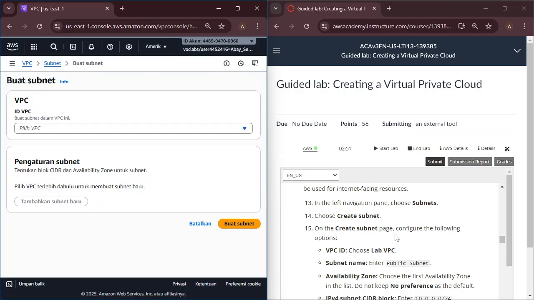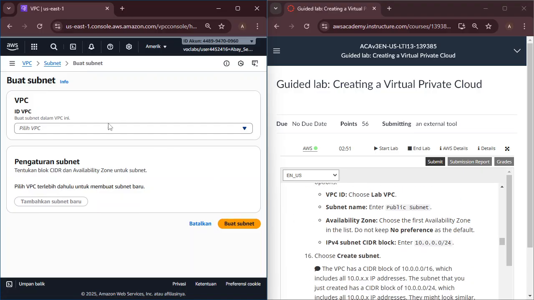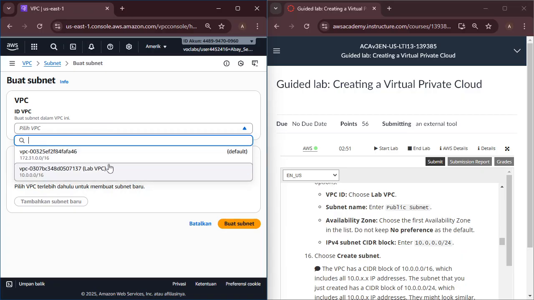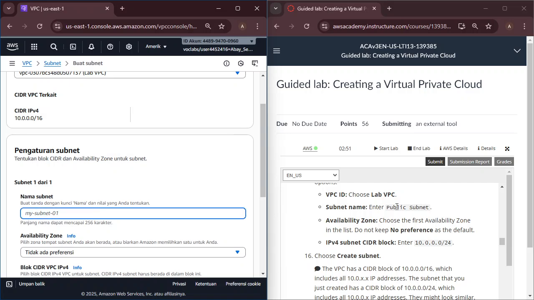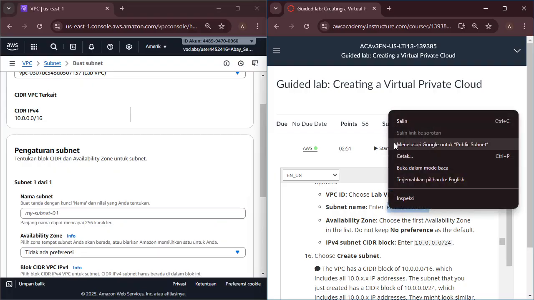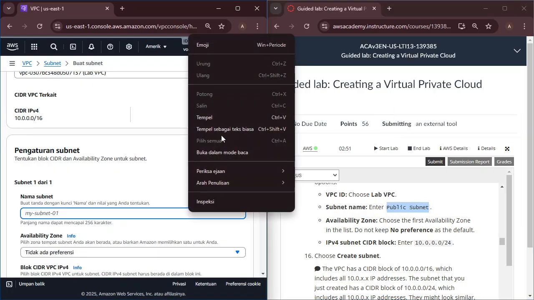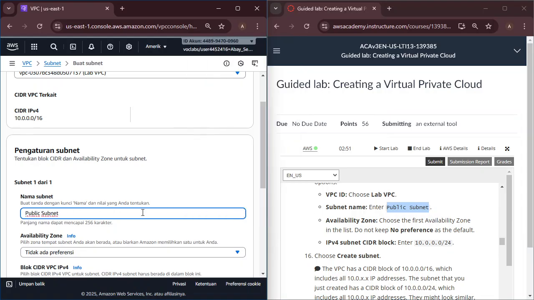On the Create subnet page, configure the following options: VPC ID, and for subnet name, we enter Public Subnet. Copy and paste Public Subnet.